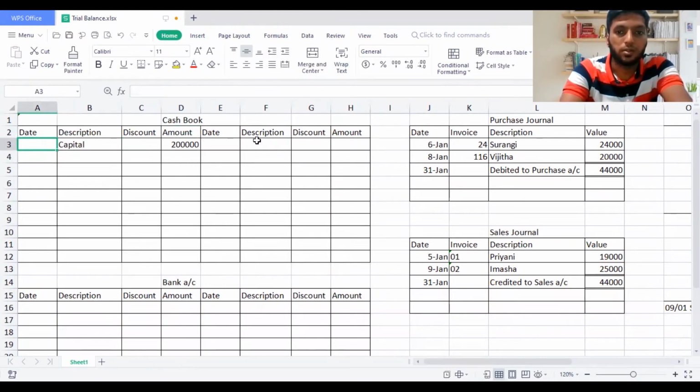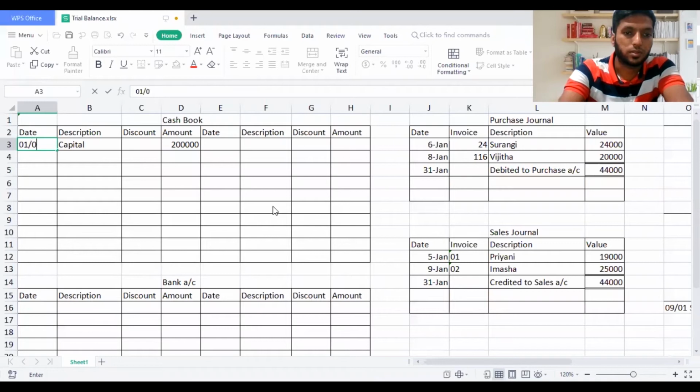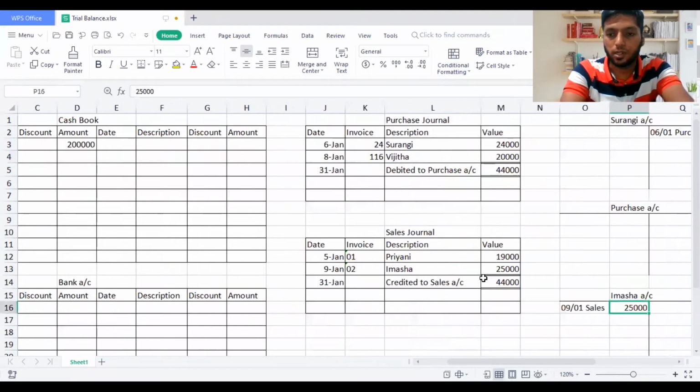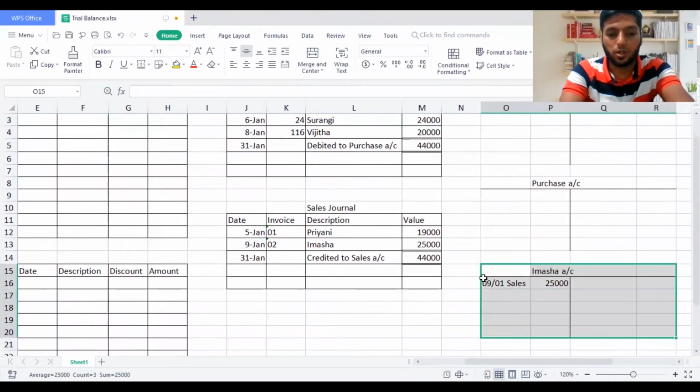and remember to write the date, guys. It is very important. So this is 1st January 2000. They are starting the business on this date. So I'll write here first. Then we need to open up a capital account because this is on the debit side. Then of course you should write the capital account. How do you write this? You need to open up a capital account. So I'll write this ledger account below the sales account, so it's easy for us to record it one by one.